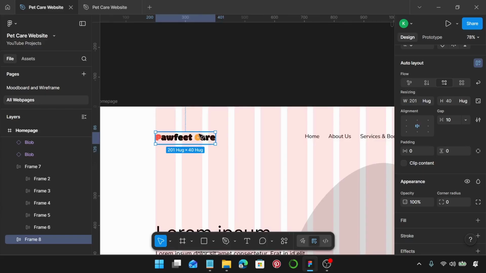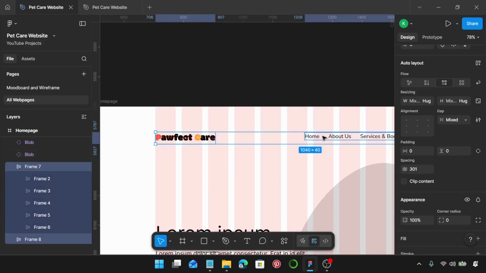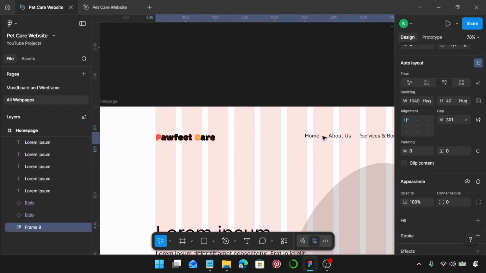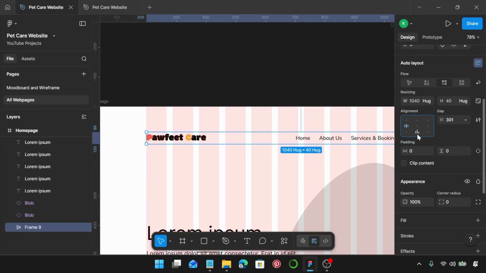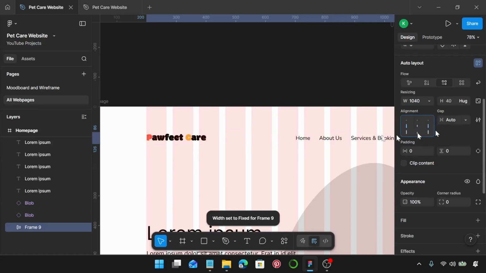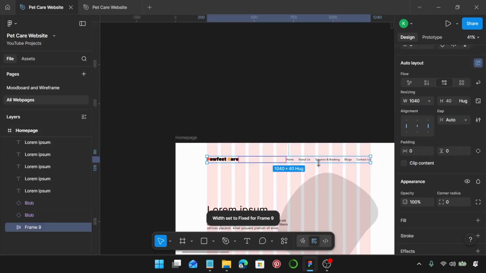And I can just select this section, make it another auto layout again. I'm going to change the alignment to center, align left. I just aligned it to the left center, and then I'm going to change the spacing to auto, so that when we want to reuse it for our tablet layout,